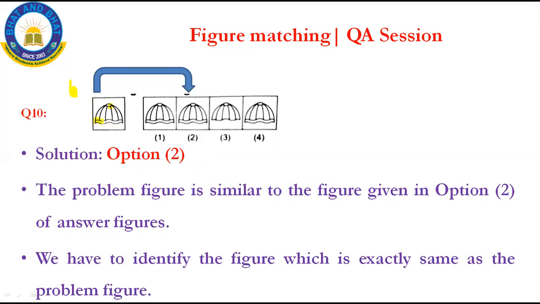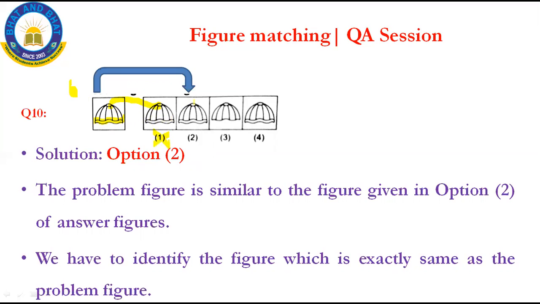See, one up and down, 2 up and down. Why not the first one? 1, 2, 3, 4, 5, 6. Yes, 6 lines, the same curve. But look at this one. It is bulged, isn't it? The darkened hole is bulged. So option 1 is wrong.